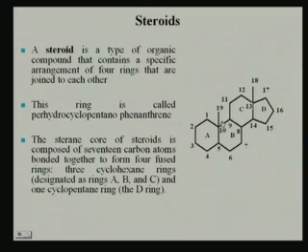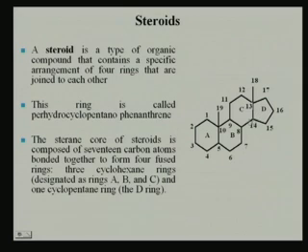If we see the structure of a steroid, we can find that the rings are denoted as A ring, B ring, C ring and D ring. Now if we see A, B and C, these rings are cyclohexane rings. Along with this cyclohexane, the D ring which is attached is a